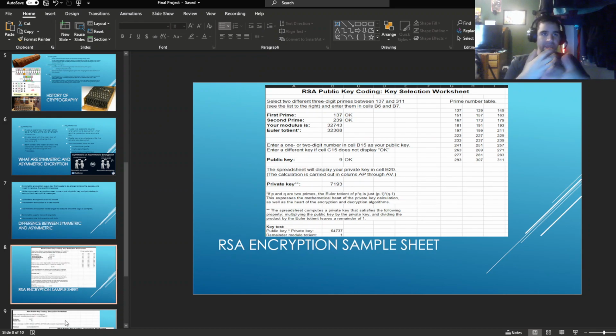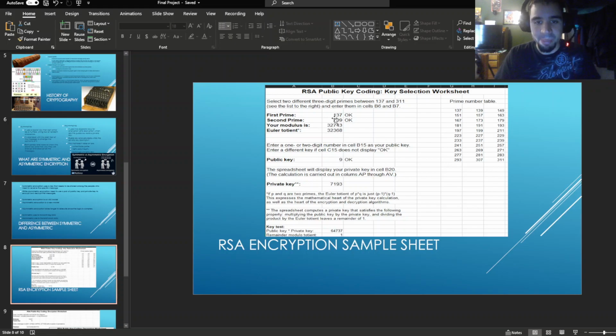My experience in encrypting and decrypting: I had a project called RSA, where I had to use a technique called RSA public key coding. I had a partner that helped me out, and we exchanged this information. In the first step, I had to create my own. First, I had to select my first prime number and my second prime number. I chose 137 and 239,